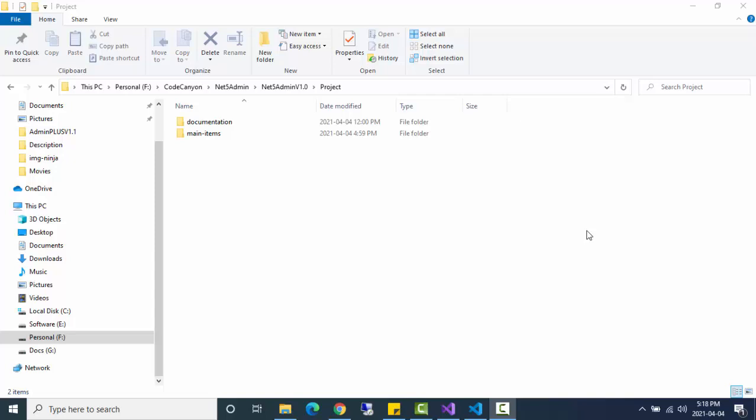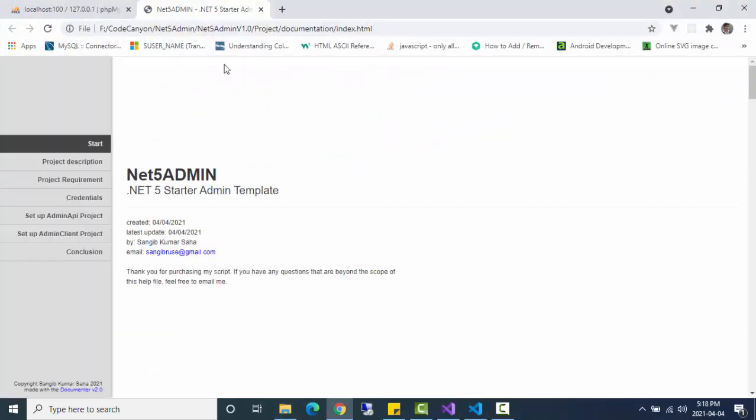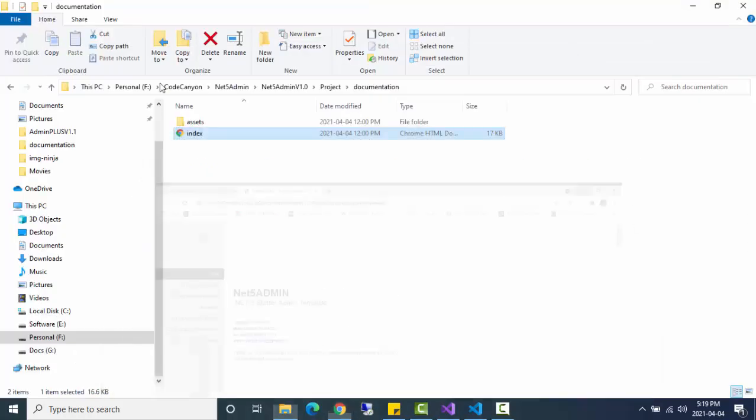Hello viewers, after processing this script you will get two files. One is for documentation and one is for main items. I'd like to go to the documentation first. In the documentation you will get a nice documentation as it is here, and in the main address folder you will